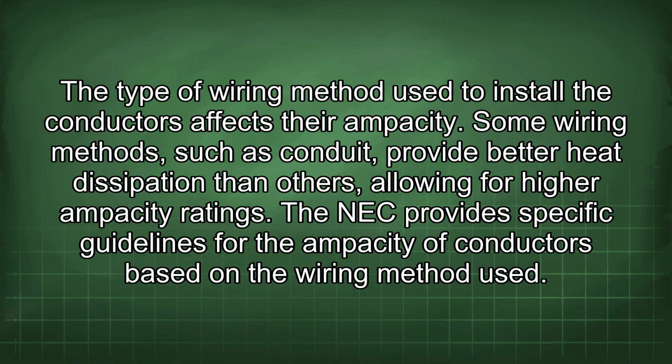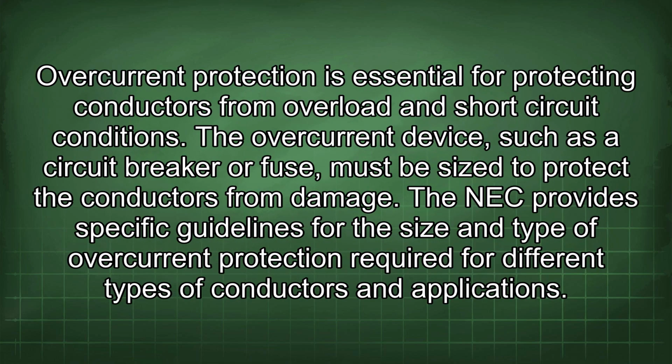Some wiring methods, such as conduit, provide better heat dissipation than others, allowing for higher ampacity ratings. The NEC provides specific guidelines for the ampacity of conductors based on the wiring method used. Overcurrent protection is essential for protecting conductors from overload and short-circuit conditions. The overcurrent device, such as a circuit breaker or fuse, must be sized to protect the conductors from damage. The NEC provides specific guidelines for the size and type of overcurrent protection required for different types of conductors and